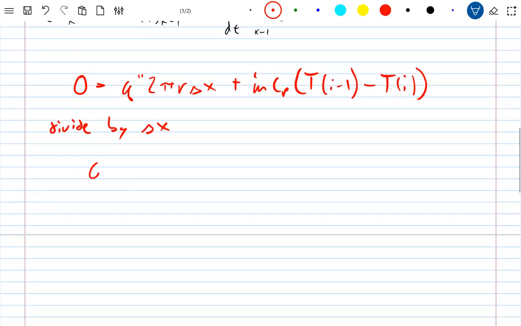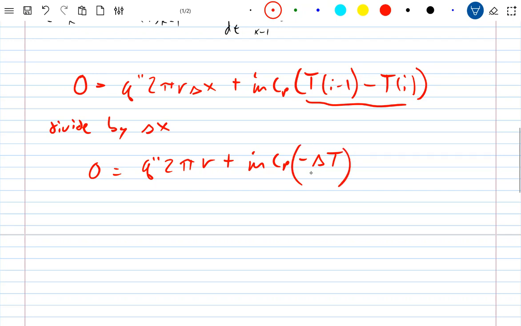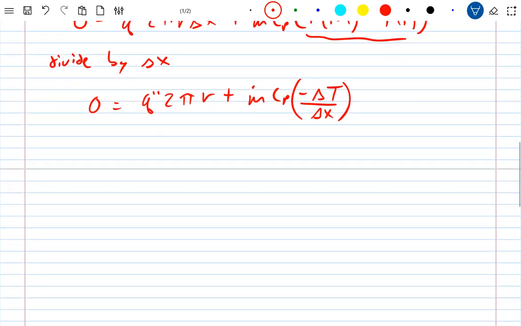So we would get 0 is equal to q double prime times 2 pi r plus m dot Cp, and this term would basically become a negative delta T, and since we divided it through by delta x, it looks like that. So we can take this equation, and we can now take the limit as delta x goes to 0,